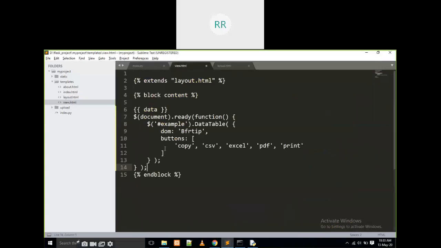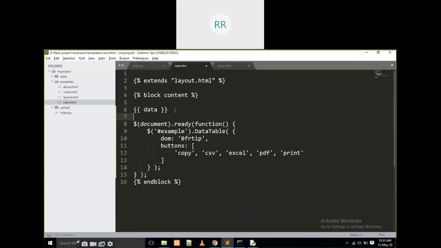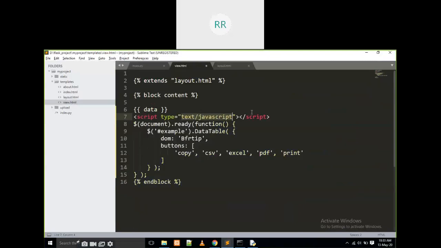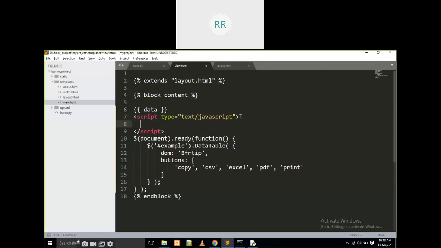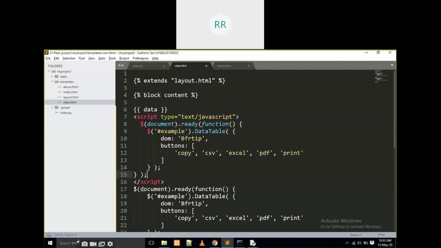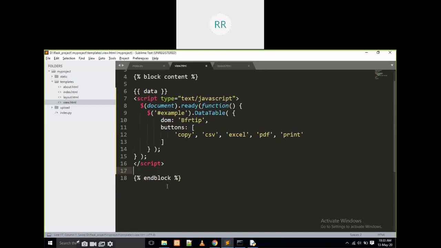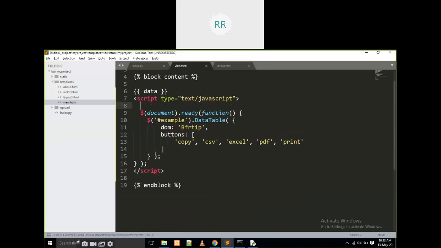Here I am going to paste it inside script open and script close, like this. In between script open and script close, I am going to paste it.